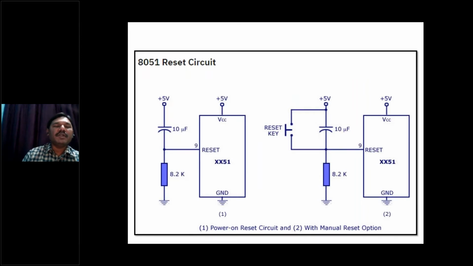So this is the reset pin. The reset pin may be a power on reset pin or a manual reset pin. Power on reset means when you switch on, automatically this reset will be high, and all the registers must be reset to either 00 or a predefined value. Suppose you take the stack pointer register: it starts by default at the 07 address location, not 00H. That's why it is called power on reset or manual reset. You can reset the system with the help of this reset button also. That is what we call the reset key.